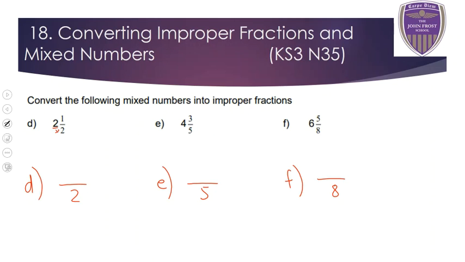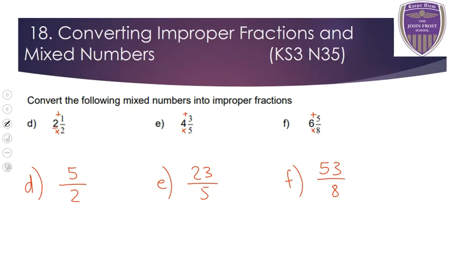So the way we work this out is you do the big number times by the bottom and then add on the top. So we've got 2 whole sets of 2, which is 4, and then we've got 1 extra 2 as well, which is 5. So 2 times 2 is 4, plus 1 is 5. So it works the same way every single time. So with this one, it's going to be 4 times by 5 plus 3, because the 4 means we've got 4 whole sets of 5, so that's 20, plus another 3, that's 23. And then for question F, we've got 6 whole sets of 8, so that's 6 times 8, and then plus another 5 added on after. So 6 8s is 48, 48 plus 5,